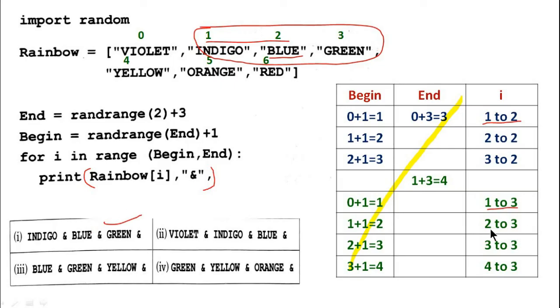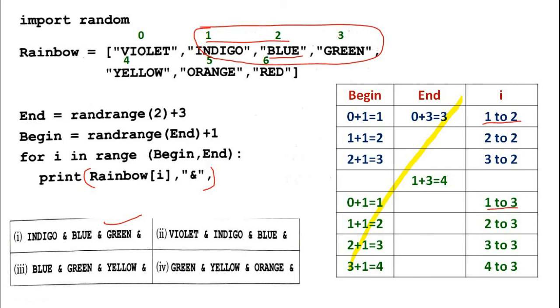Then go for the next one. 2 to 3, that is blue and green and. That also not there in our option. Then 3 to 3, green and. That also not given. Then last one, 4 to 3, no output. So what is the possible output from the given options? It is option 1, indigo and blue and green and.